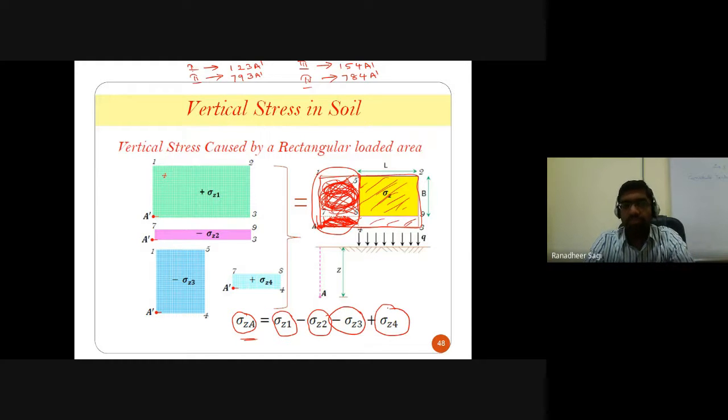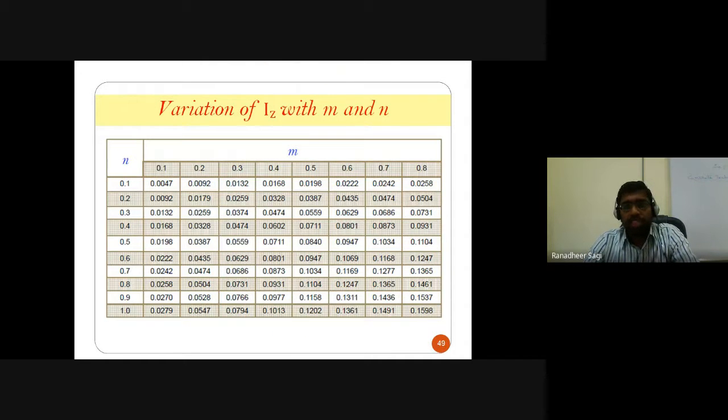Okay, so that's how, because of your uniform rectangular loading coming from your structure onto the soil strata, you can go on to calculate the corresponding vertical stress that is getting developed in your soil. And as I mentioned,